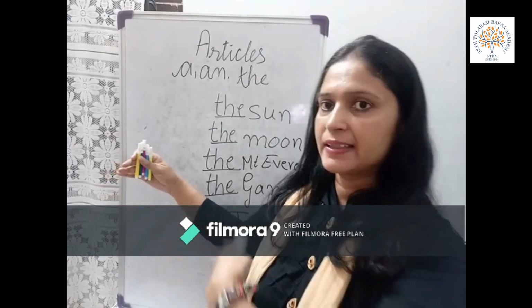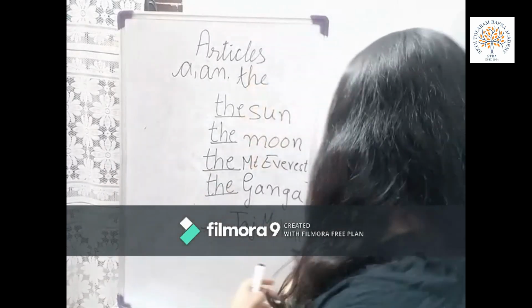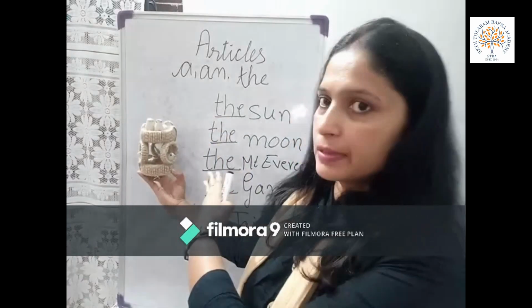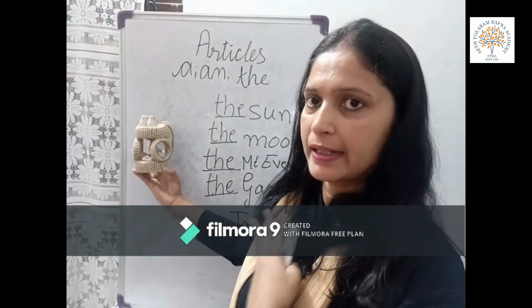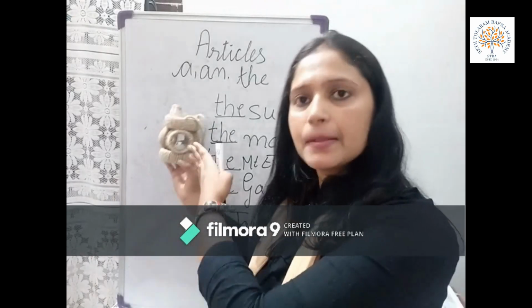Now I keep this pen a little bit far away from me. Then I will say those are pens. Again I am showing you this bird cage. These are birds. Now I am keeping this bird a little bit far away from me. So I will say those are birds. These are birds. Those are birds.